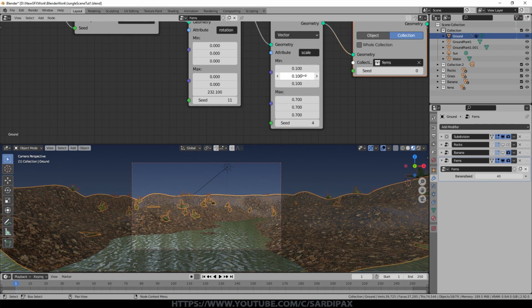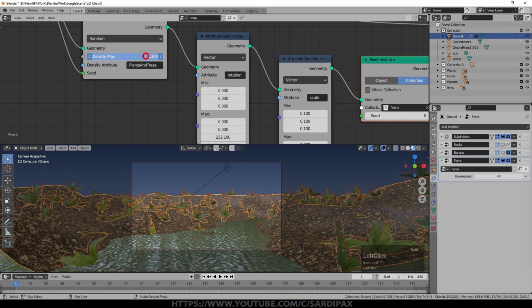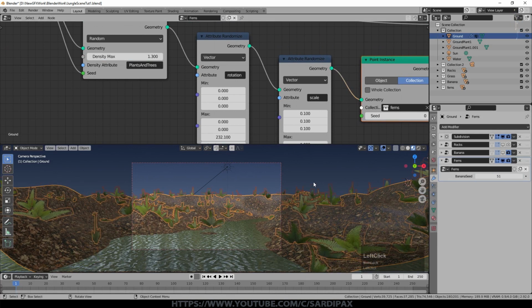And they can probably be a little bigger, so we could try 1. And we'll turn the density up a little, and again play with the seed. So there's some ferns, and duplicate again, turn off the ferns visibility, click the little 2, and we'll call this one grass. Point of note, if you leave the seed values the same, and all other elements are the same,